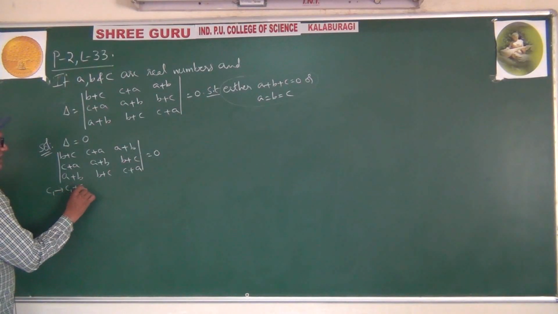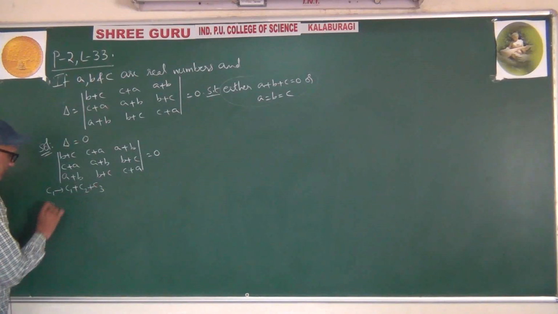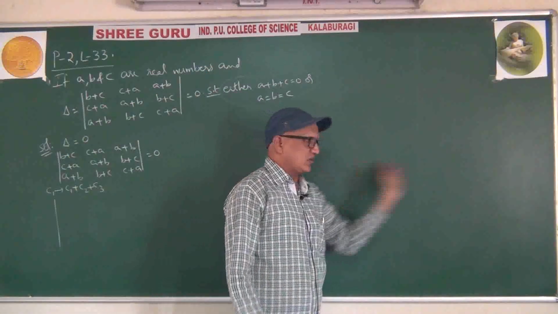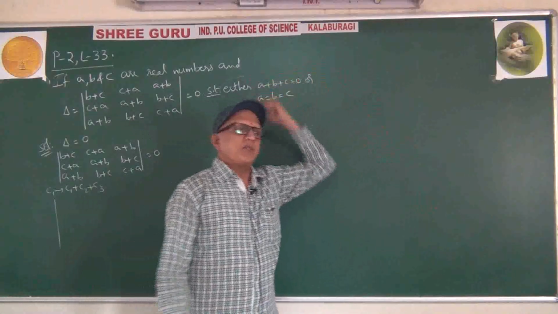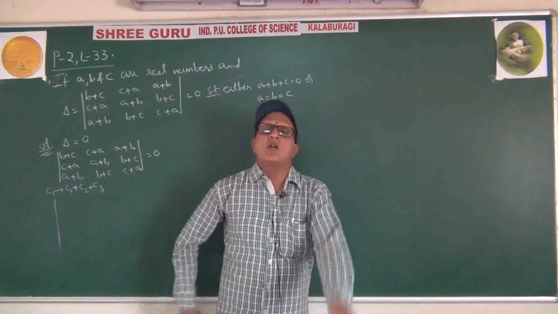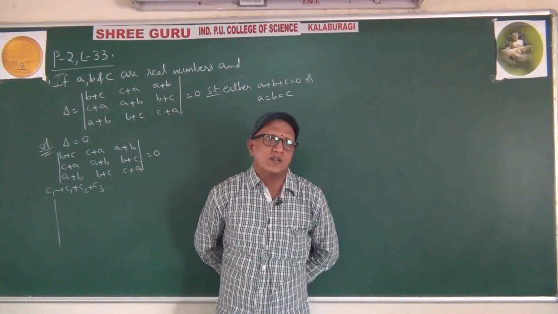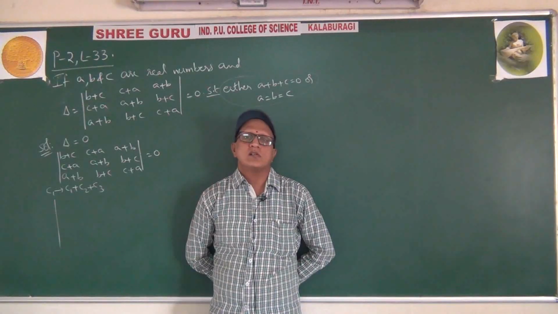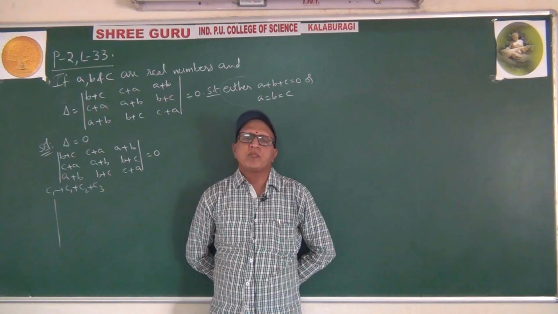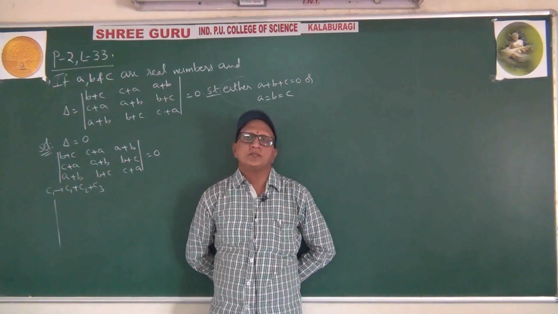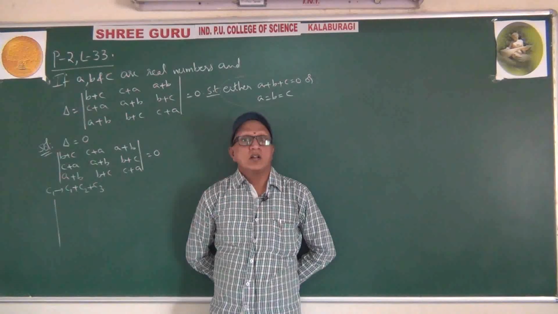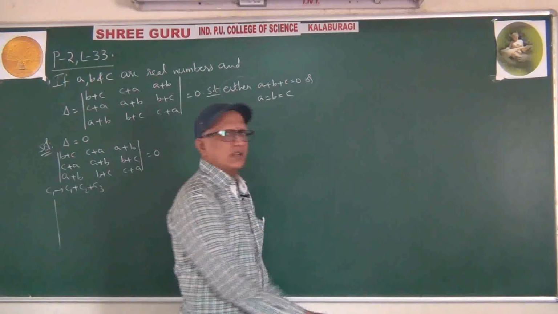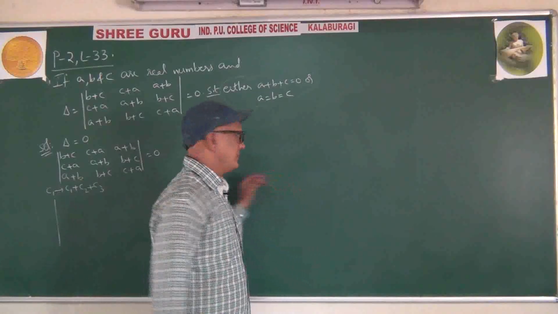C1, I am going to change it like C1 plus C2 plus C3. That work you have to do in rough. What is C1? Write down. What is C2? Write down. What is C3? Write down. Add all the things. You have already seen this in elementary operations, which is not in the syllabus. That video is already over, you have already seen it. Already you have learned and it was removed from the syllabus. Nothing to worry, it will be helpful in determinants.